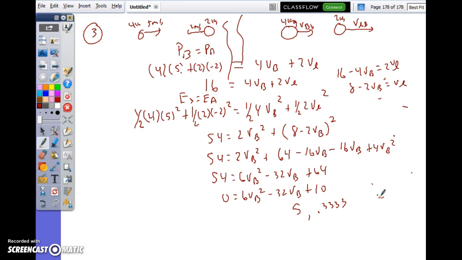Now, in the past, we've always said, which one makes sense. Guys, you have to listen, because this is hideously important, because it's the last bit of physics in it. Wait a second, this is for VB, right? The big ball. So after the collision, the big ball is either going 5 or 0.333. Now listen very carefully. These two equations only predict that momentum and energy are conserved. They don't predict anything else. They don't even talk about a collision happening. So one of your two answers is always going to be this ball missed this ball, and everybody's living happily ever after. So one of these two answers is always going to be your original number.